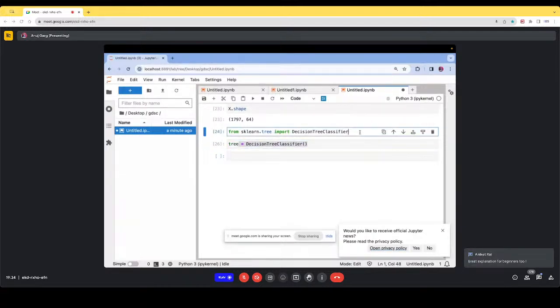Now maybe we want to divide our data. If we want to divide our data, what we could do from